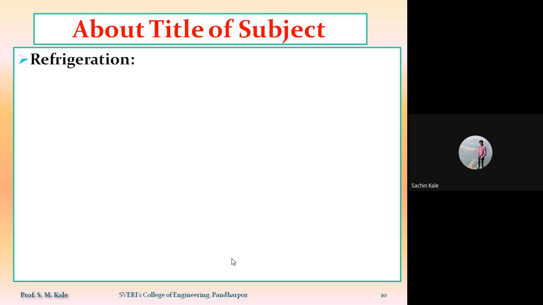The long form of the subject is nothing but refrigeration and air conditioning. Now listen everybody. The subject name is refrigeration and air conditioning. Out of that, the first word is nothing but refrigeration. Can anybody tell me what you understood from the word refrigeration? What is meant by refrigeration? Thakre? Anyone? Heat extract. Heat extract from subject.